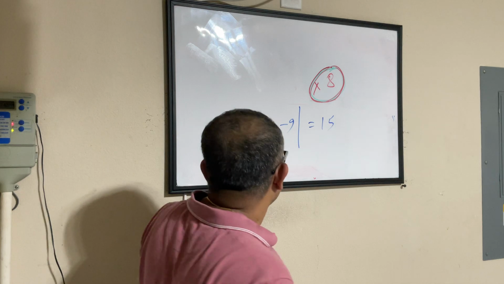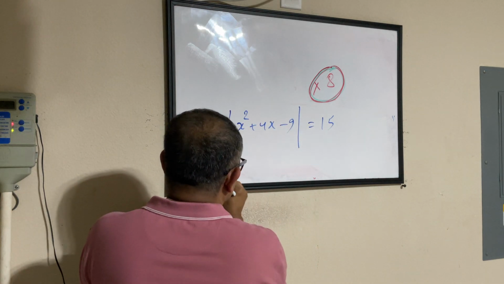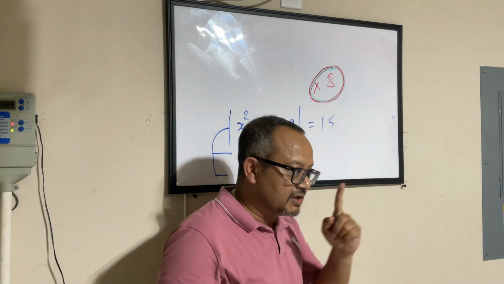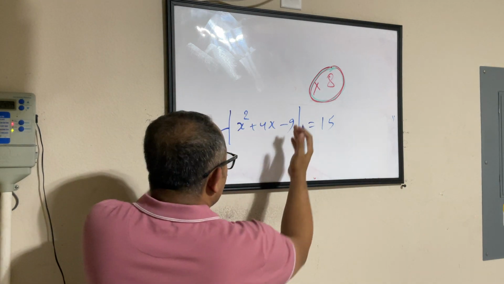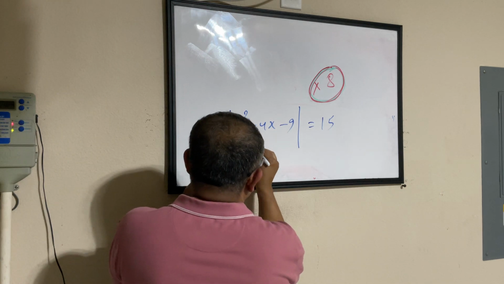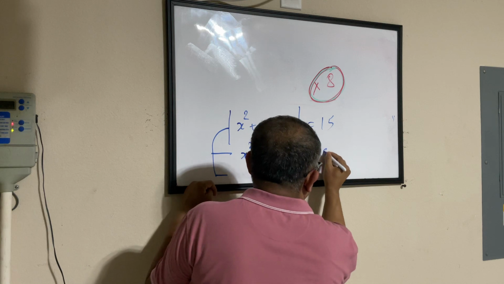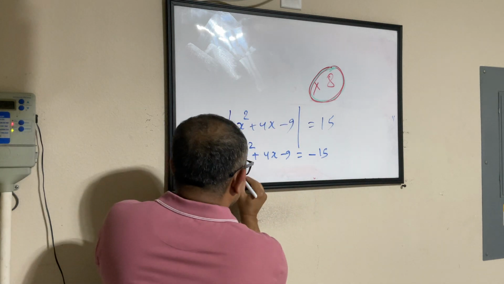No big deal. You have to break this into two possible equations. So there are two branches that will come out of this one equation. You will say, now I want to take out the bar, and how do I do it? By considering both the options. This, and second is